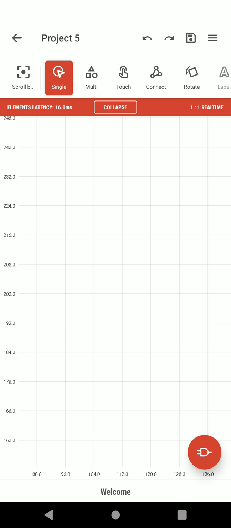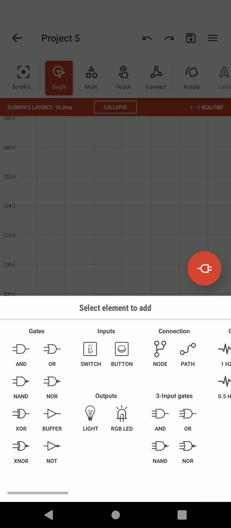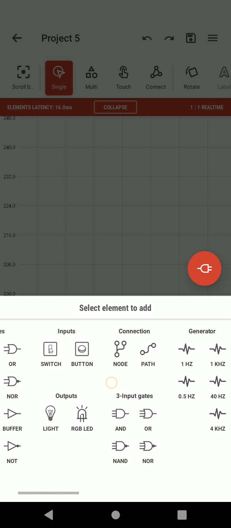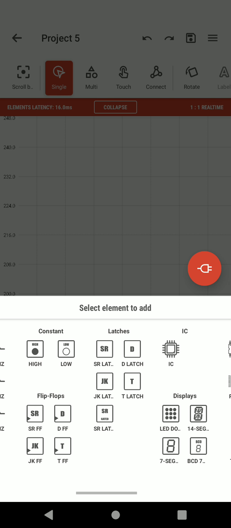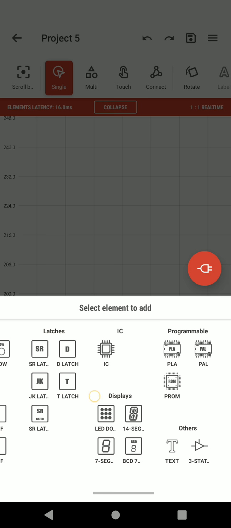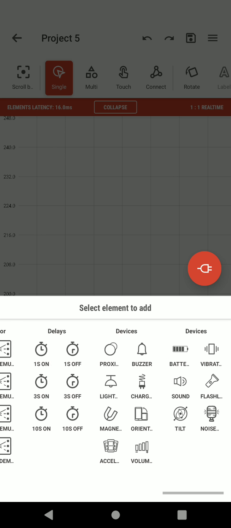So now we need to construct the circuit. For that we need to select components. For selecting those components, at the right bottom of the screen we have the symbol of gates. On clicking that, we have gates, 2 input AND gates and 3 input gates, connections, generators, everything we need for constructing a digital circuit.